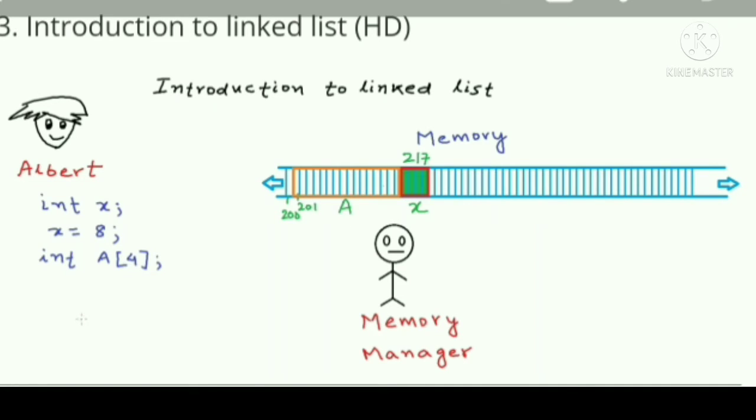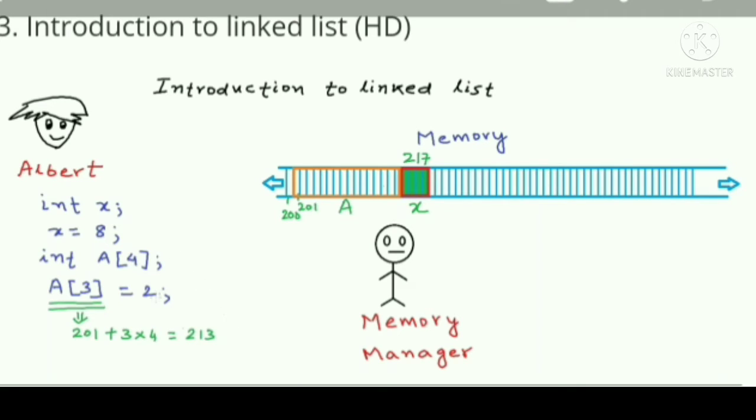Because array is stored as one contiguous block of memory and memory manager conveys the starting address of this block, whenever Albert tries to access any of the elements in the array, let's say he tries to write some value at the 4th element in the array, which he accesses as A3, Albert's application knows where to write this particular value because it knows the base address, the starting address of the block A, the array A, and from base address using the index, which is 3 here, it calculates the address of A3.